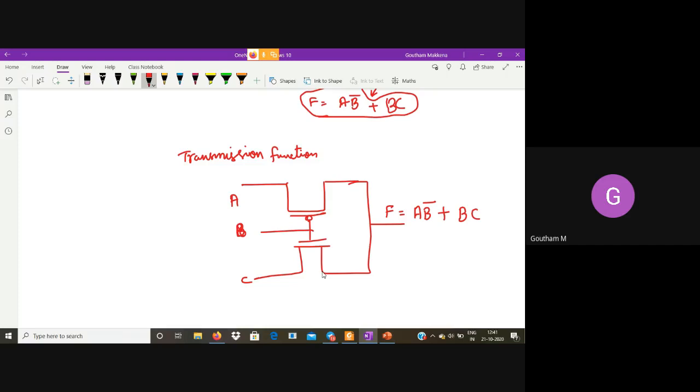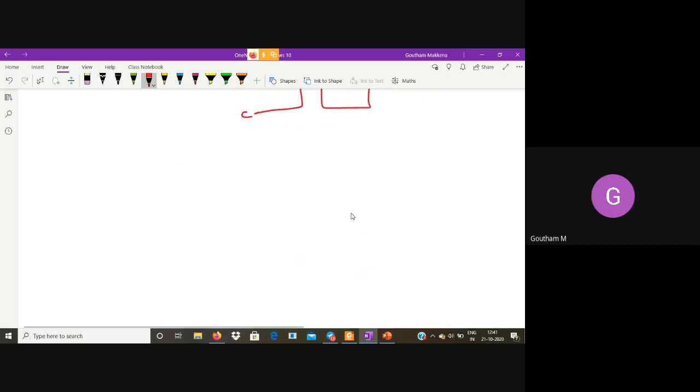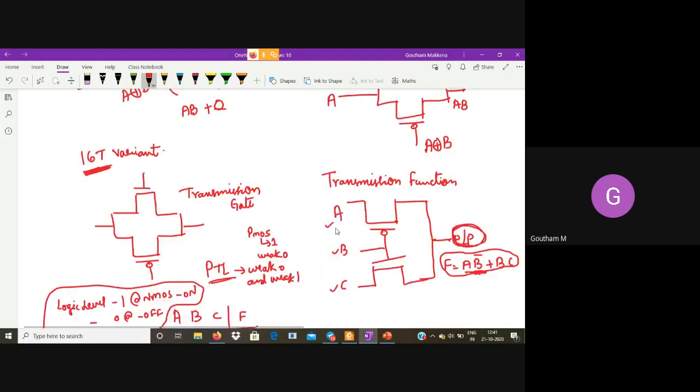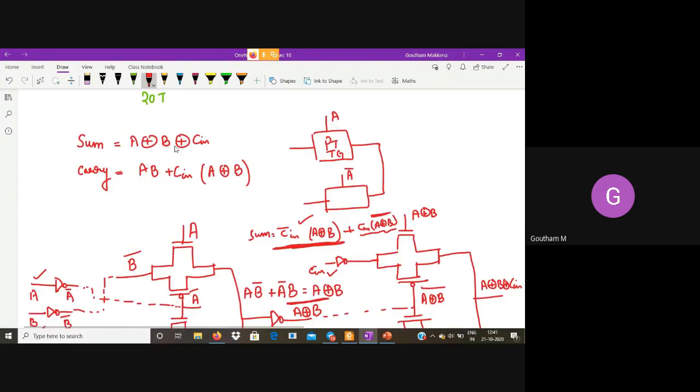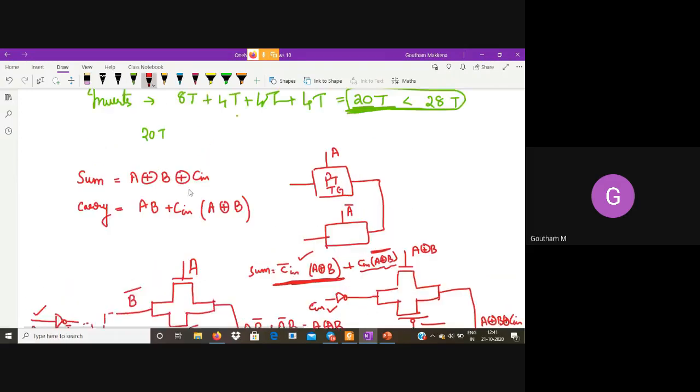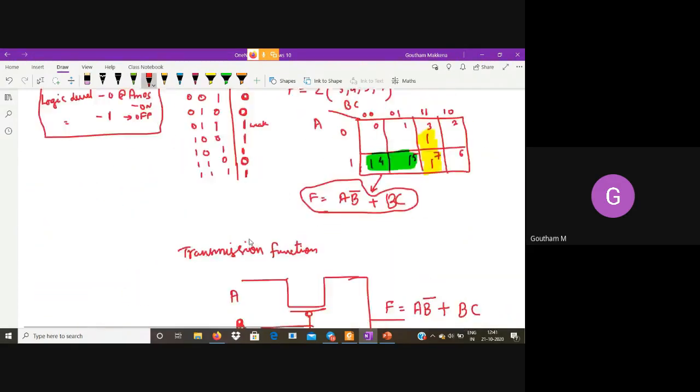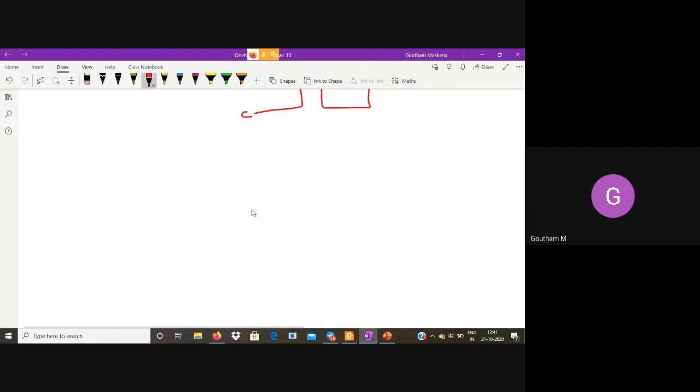Right. Now, are you ready for the 16 transistor adder? It won't take more than 10 minutes, but follow my lead. Again, we'll be using the same XOR, Cin, and AB plus Cin into A XOR B. With the newer understanding of the transmission gate, we'll proceed with this.